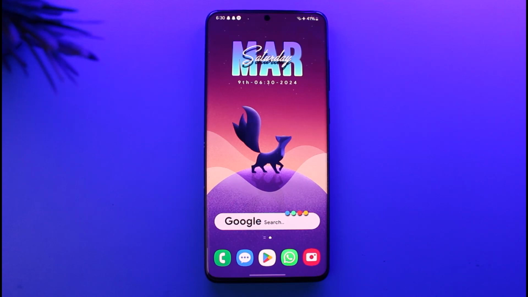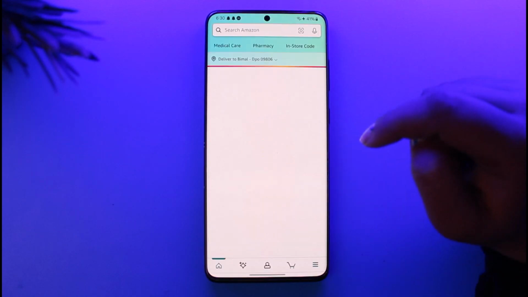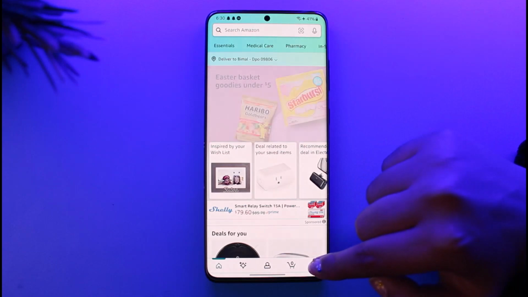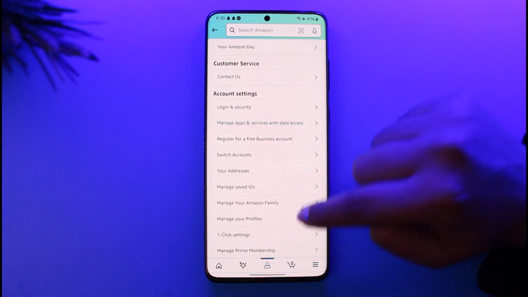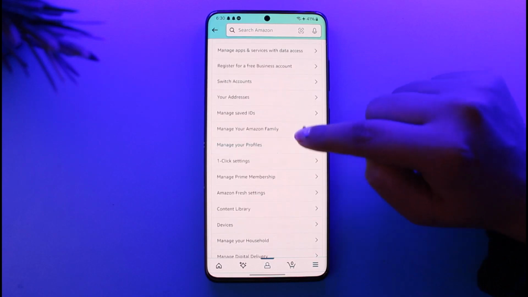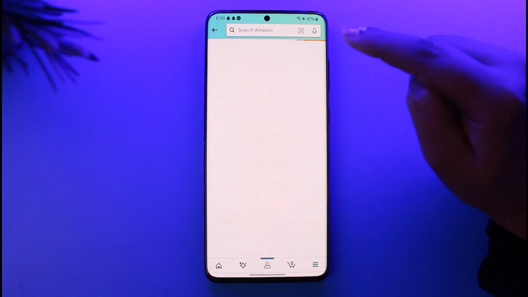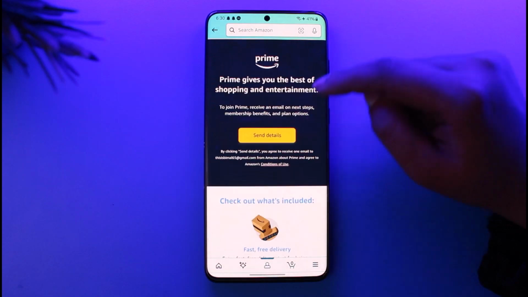Let's get into it. For that, go ahead, first of all, access your Amazon app on your mobile phone. Right afterwards, tap on this three horizontal menu icon in the bottom right, tap on your account on top. Scroll down till you get this option of manage Prime membership right over here. Go ahead, tap on it, and there you will be able to find the membership that you're using on your